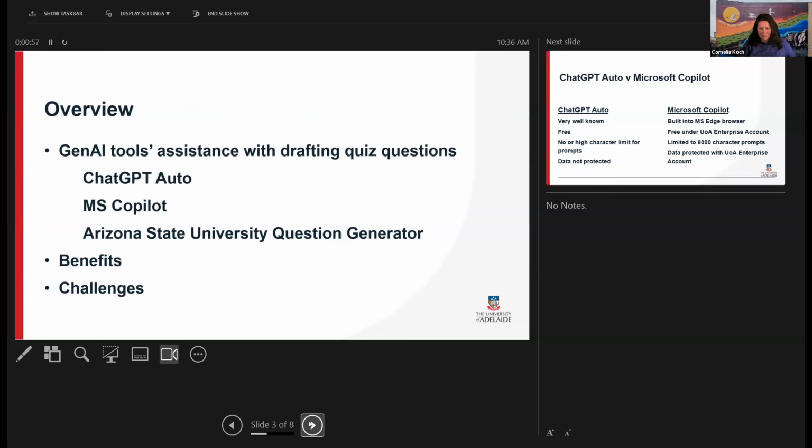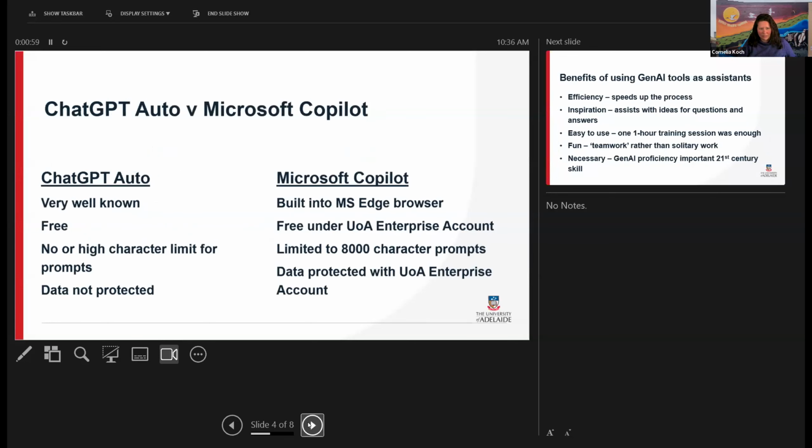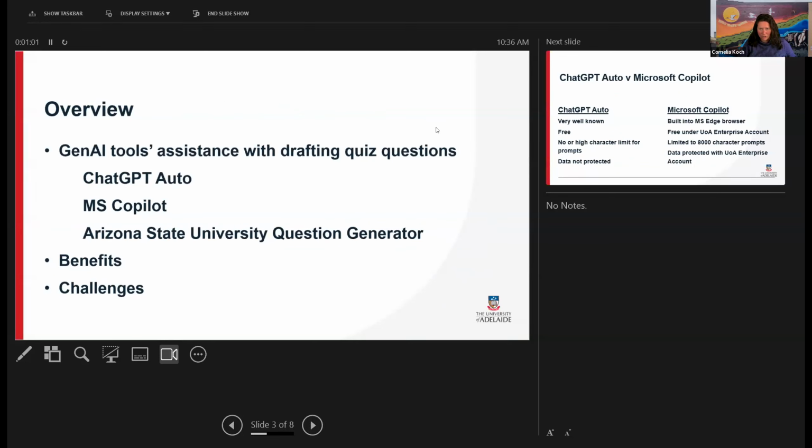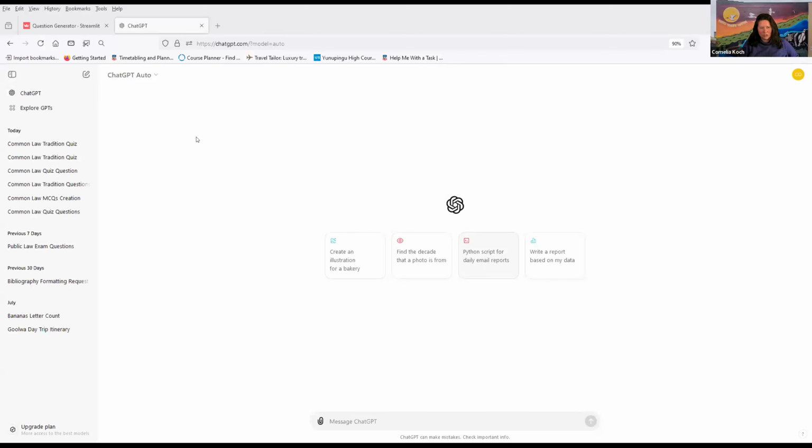Now, the first bit is probably the most stressful for me because I'm going to try and actually share different screens so that we can go to ChatGPT directly, and I'll show you what I've been doing. So basically, this is just ChatGPT Auto. It's the free version. And I'm going to just put in a prompt here where I'm asking the tool to